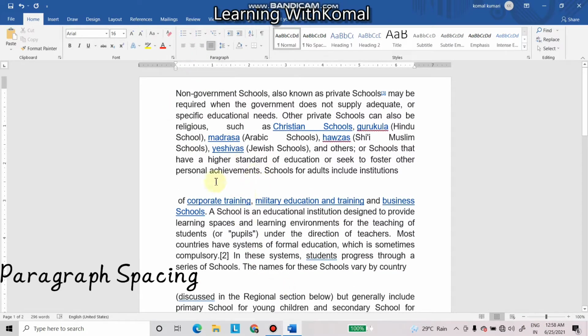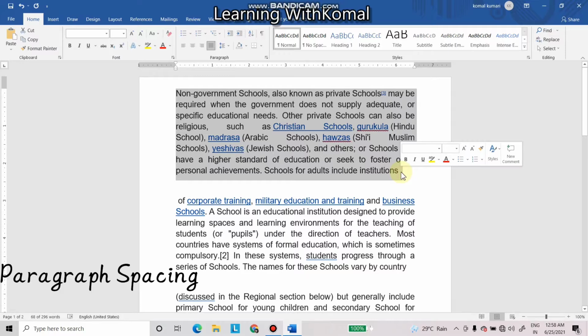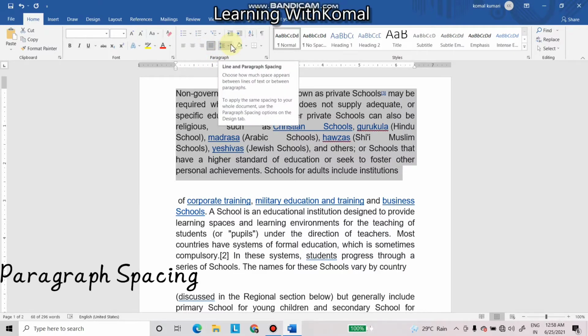between the paragraphs. Already this much space I have given, but if you want to increase the space, then we can increase it in these ways. So first of all, what you need to do, first of all we will select the paragraph. Means selection is very important for anything. So again we will come in the home tab, and in the paragraph group, here we will see the option of line and paragraph spacing, and we will click on this down arrow, and then here we will see the line and spacing option.